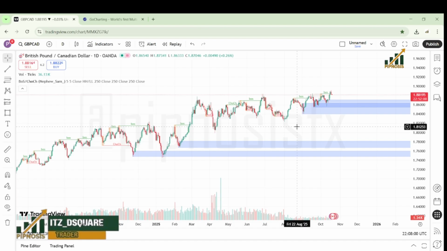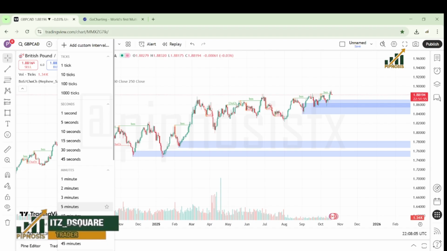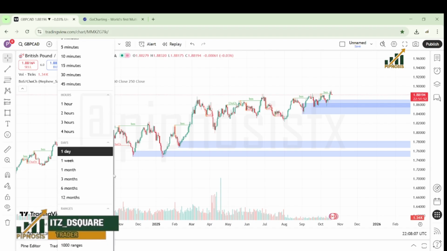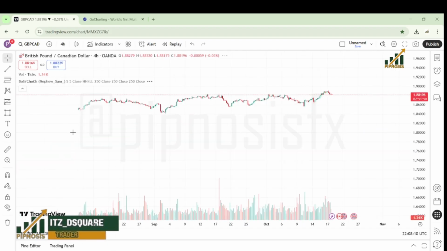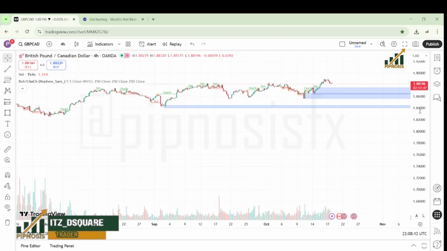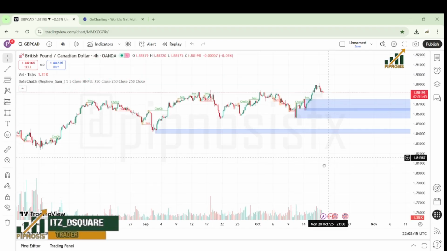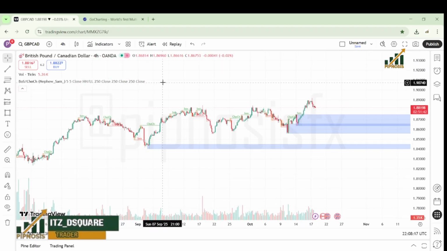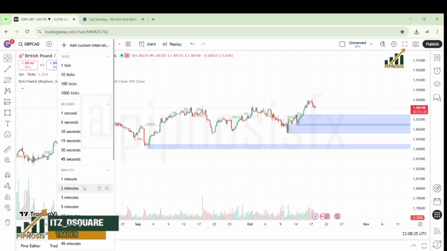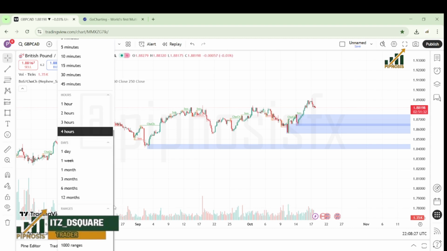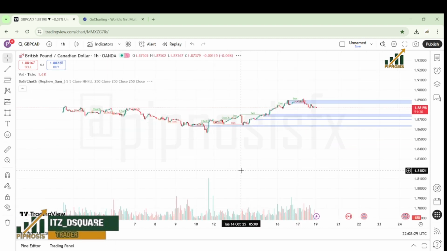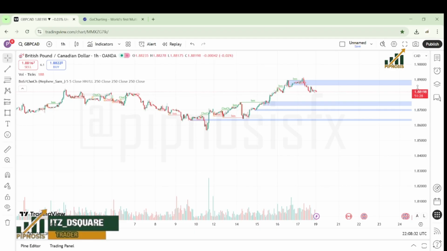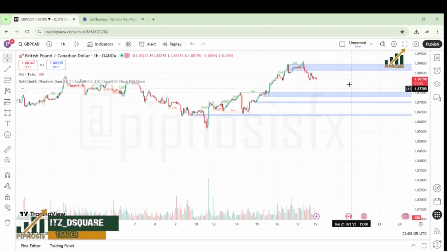The next thing I would want to do is to drop down to the 4 hours, either the 4 hours or the daily time frame, to confirm my bias. Then I would move down to the 1 hour for structure. Now when I move down for structure,